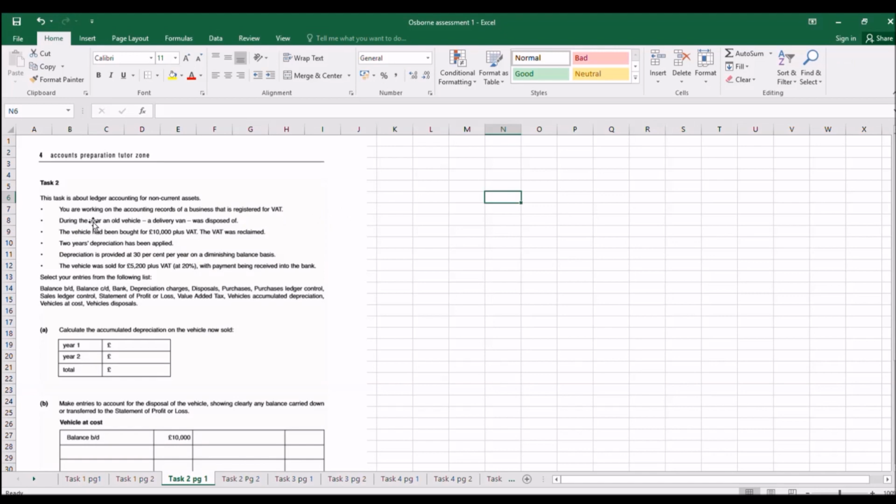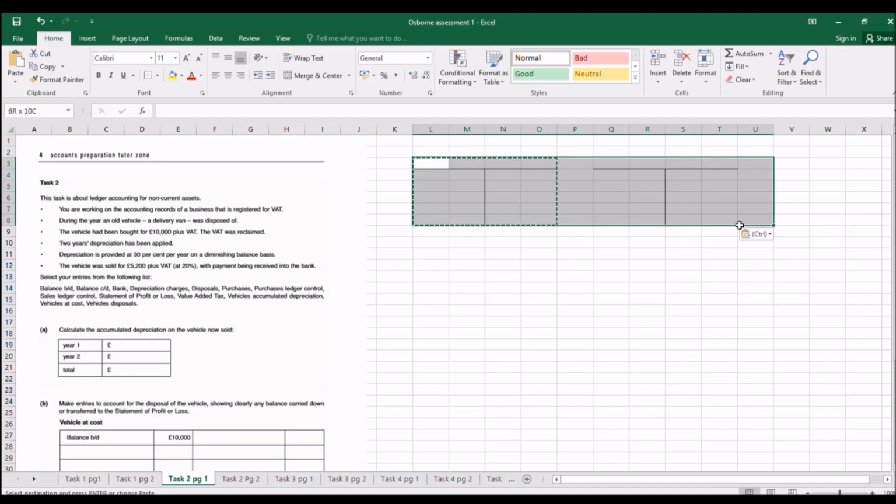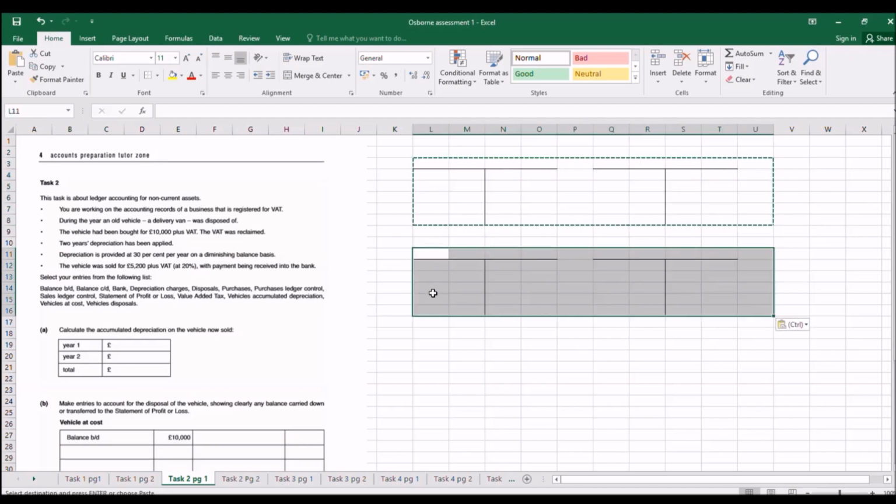Task 2. So this task is about ledger accounts. So we're in the general ledger for non-current assets or fixed assets, so we're going to start setting up some T accounts before we start. Get these all done. So we've got some T accounts going on here. What am I doing here then? So,